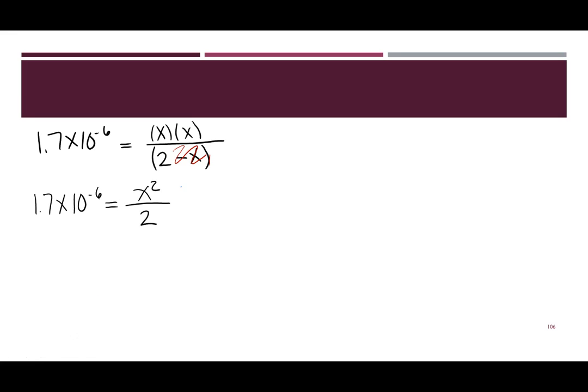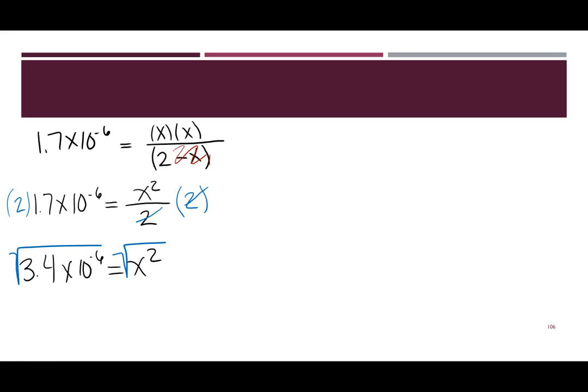Now I'm going to work on getting X by itself. So multiply by 2. Those cancel. And so I'm going to get X squared equals, plug this into my calculator, 1.7 times 10 to the negative 6th times 2 equals 3.4 times 10 to the negative 6th. And then to get X by itself, we'll take the square root. So X equals